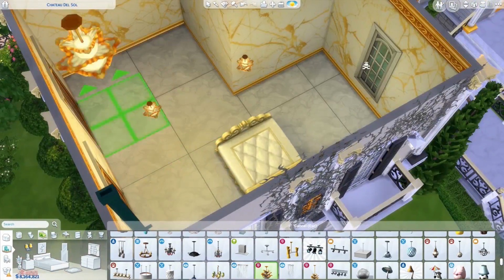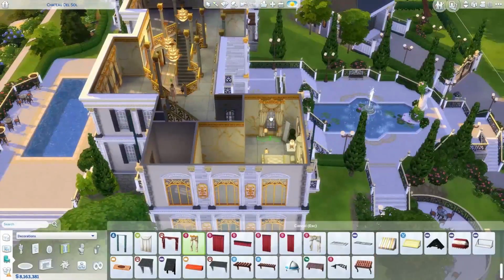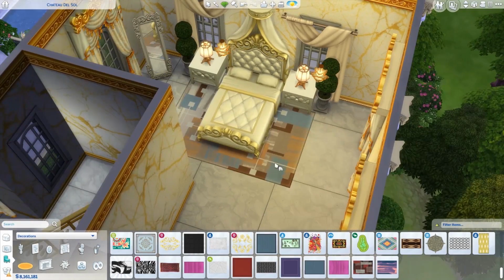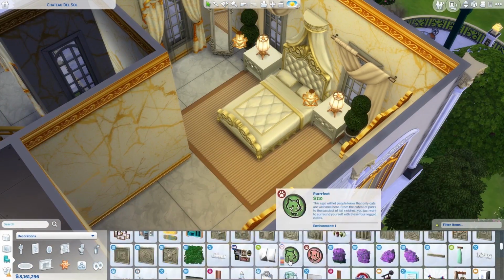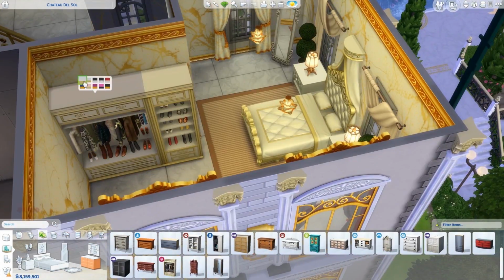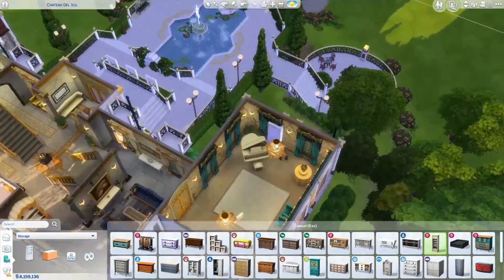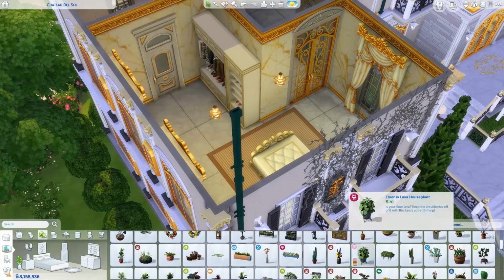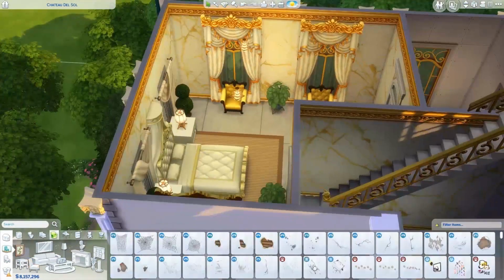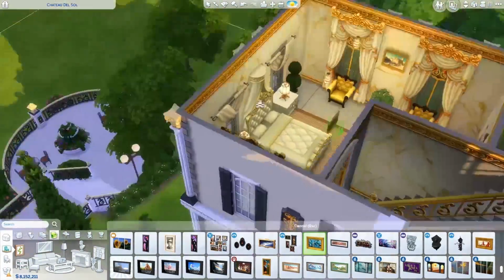Working on one of the bedrooms here. The two bedrooms are actually quite similar. I used a lot of the same items, and as you might have noticed, I have used a lot of stuff that just came with the Get Famous expansion pack. I've also used a lot of stuff that came with the garden stuff pack, romantic gardens, I can't remember what it's called, but you guys know what it is, from the exterior as well, and some items from other packs, but most of the items in this build is base game and Get to Work, or no, Get Famous,